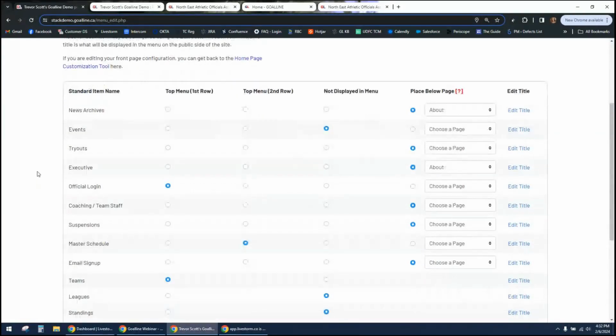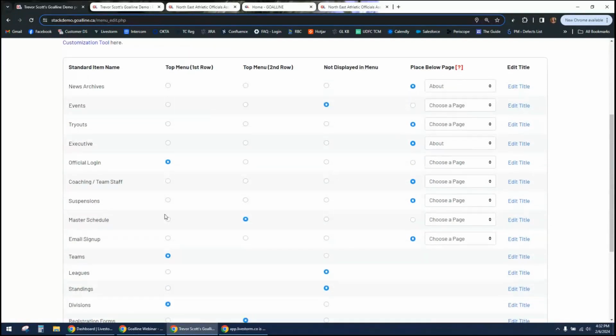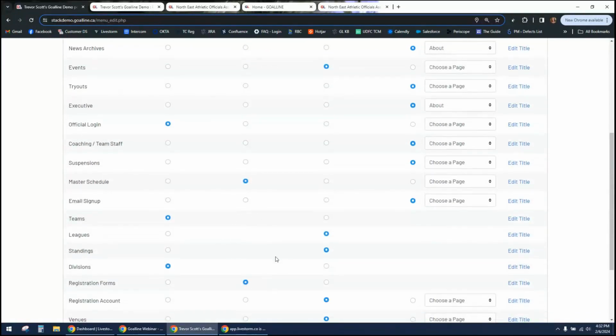Some other items that are important to look at are items that you can't place wherever you want. Notice how you can't place some of these items in the second row or below another page. That's because these items tend to come with their own version of subpages, and we don't want to have confusing infinite layers of menu. So you are only able to place your team listing, your division listing, your league/division, and then another division, which